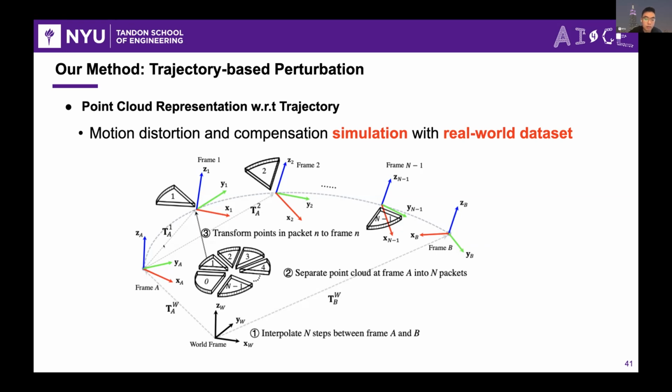Assume that we have two neighboring frames, frame A and frame B, and we can interpolate n steps between these two frames, assuming the car's motion is smooth. Then we separate the point cloud at frame A into n packets, and assume that packet n is captured at frame n, so we can transform the points in packet n to the corresponding frame, and thus simulate the motion distortion and correction.